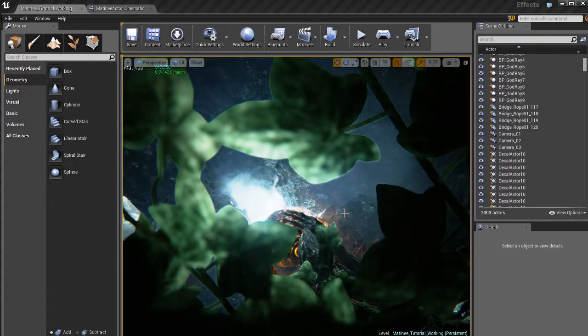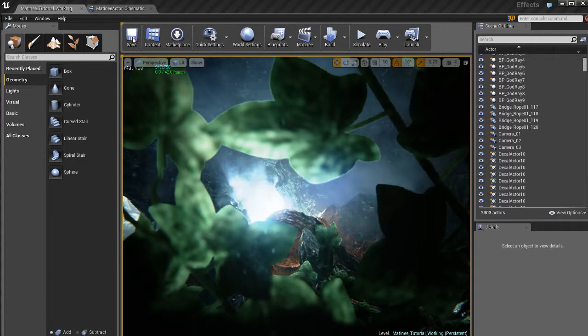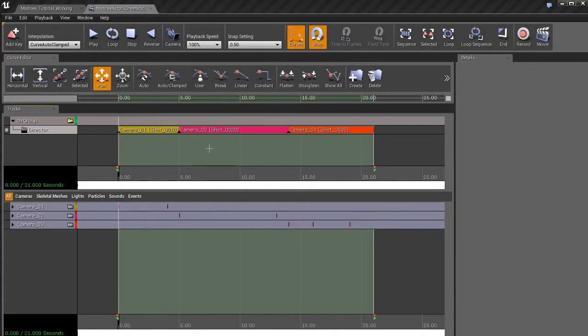Alright, so we've seen that our matinee works. We have directors set up, everything's working pretty cool. Now what I want to do is add a little bit of polish to this and touch it up a little bit. Okay, so in film, because we're doing the cinematics, so we're comparing this to film, but in film